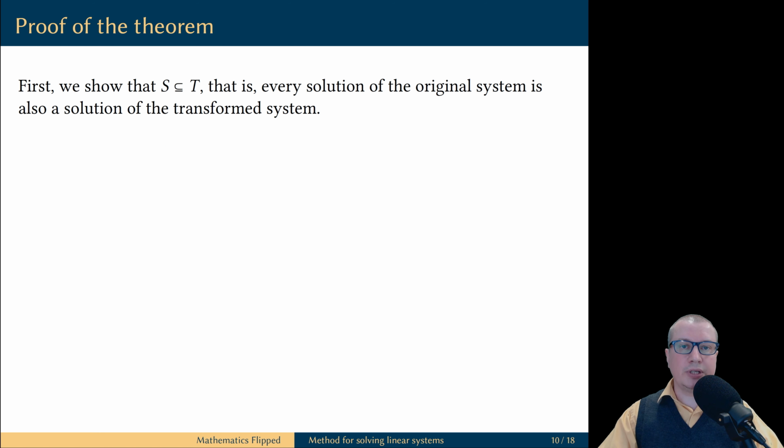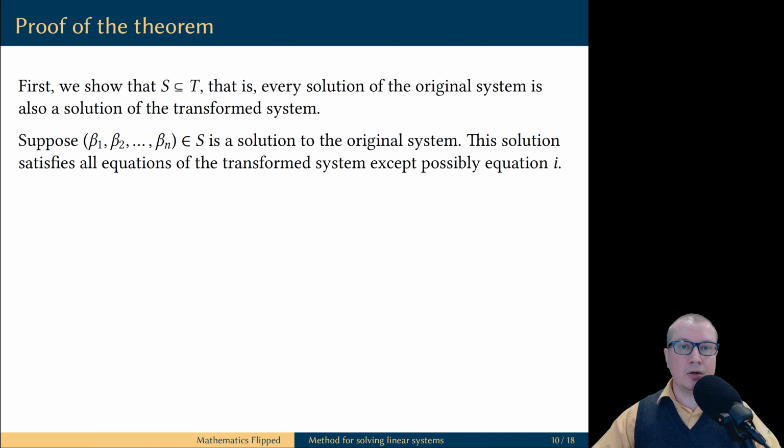First, we are going to show that every solution of the original system is also a solution of the transformed system. Now, to be a solution of the transformed system, it has to satisfy every single equation in the transformed system. But we know that all equations in the transformed system are the same as in the original system, except possibly equation number I. Therefore, any solution of the original linear system will satisfy automatically all equations of the transformed